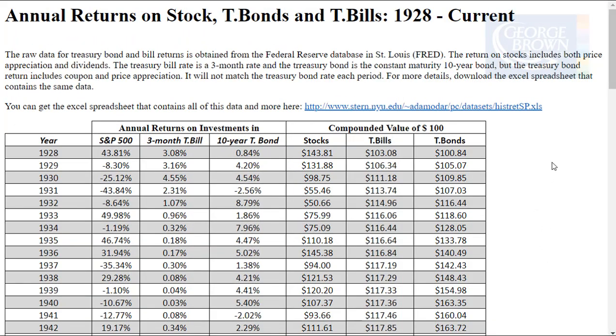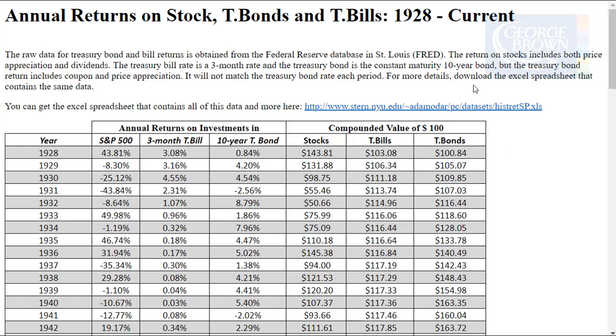So I just opened a web page right now. You can see that's Stern NYU, and this is Damodaran's website. Very excellent website that's got a lot of financial models, etc. But I like his annual returns on stocks, T-bonds, and T-bills from 1928 to current. So you can see here annual returns on investments in the S&P 500, 3-month T-bill, 10-year T-bond, and then he's doing the compounded value of